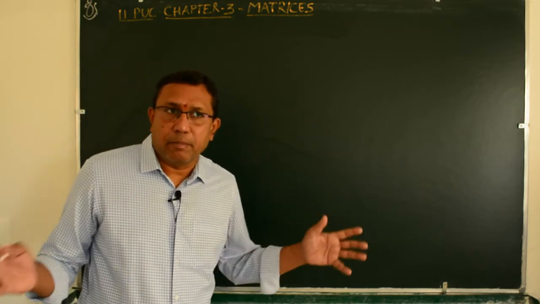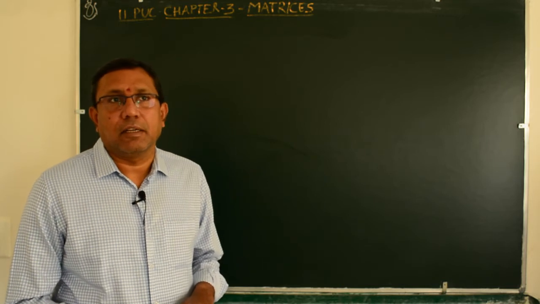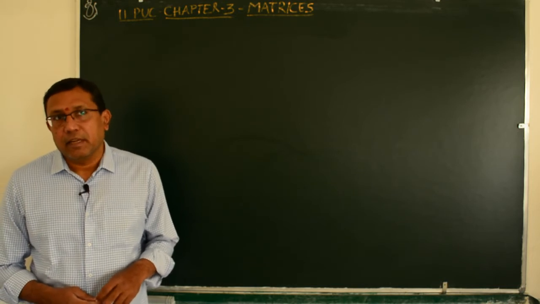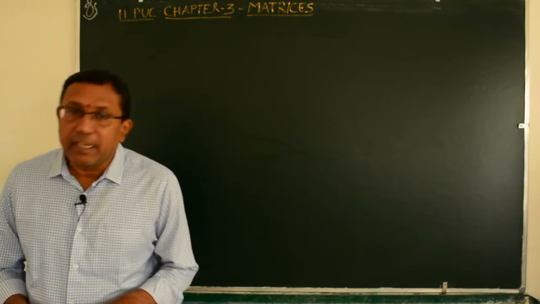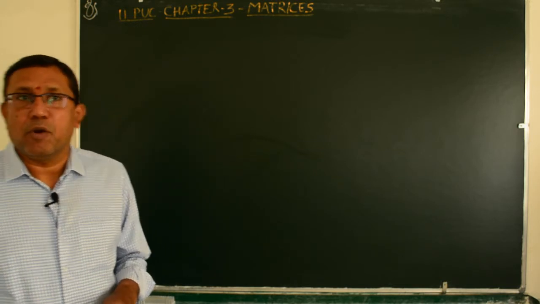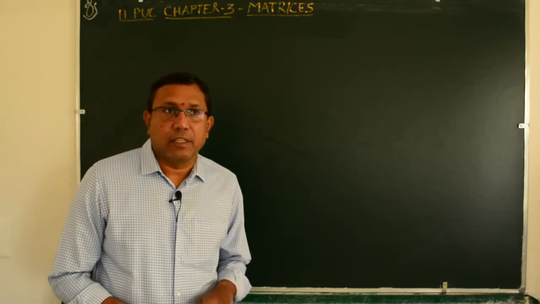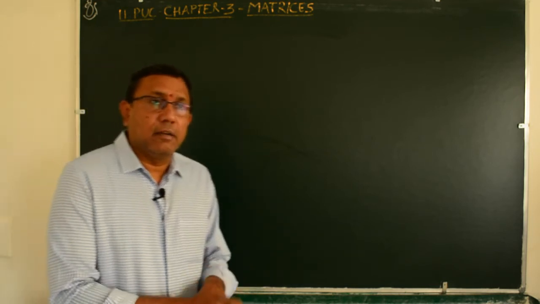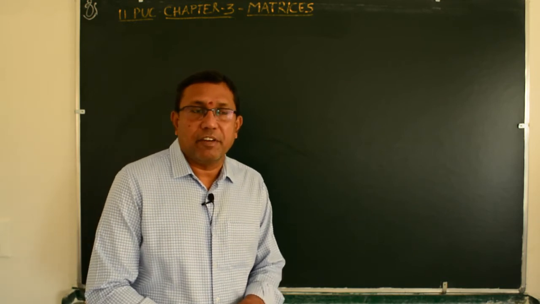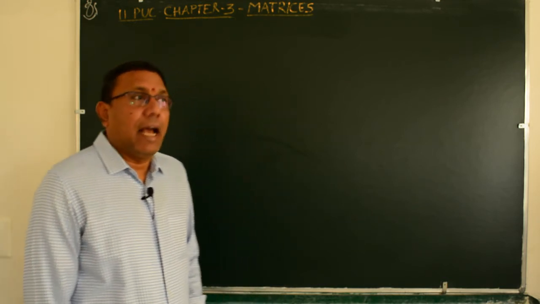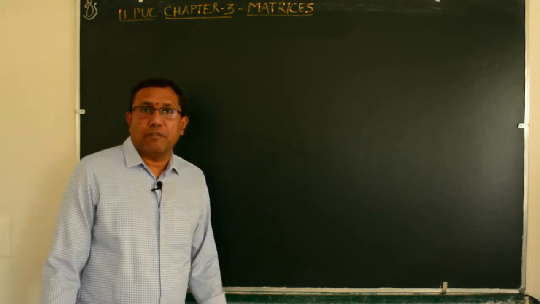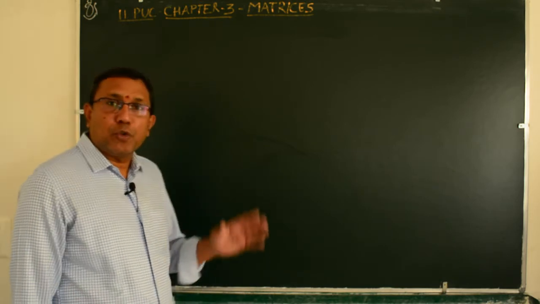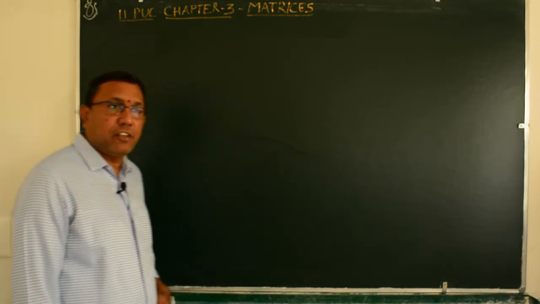We have a very big branch called stochastic process, where we widely use matrix theory, and we also depend on linear transformation and other linear modeling problems, where matrix is used very widely. So let us understand by a proper definition of the matrix. As I told, it is an arrangement of elements in rows and columns. Let us go through a formal definition of matrix.